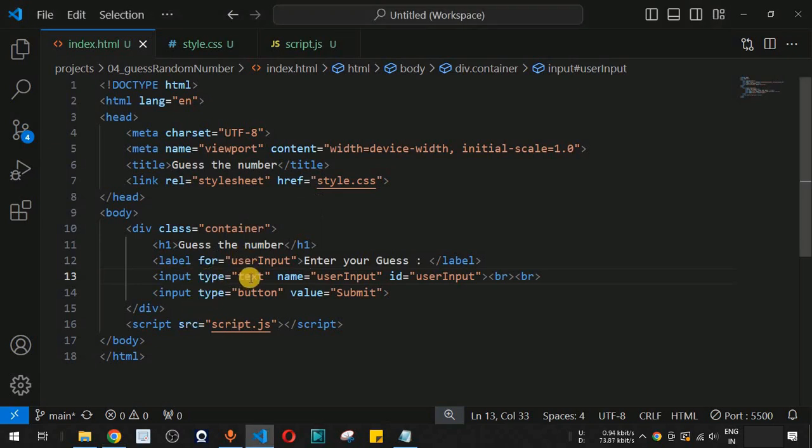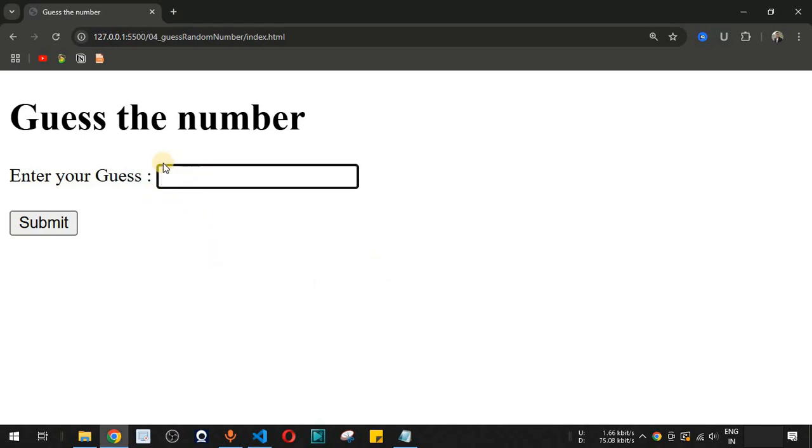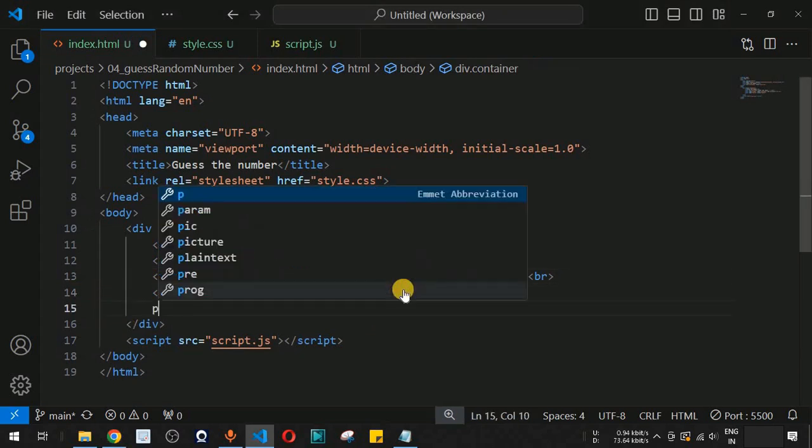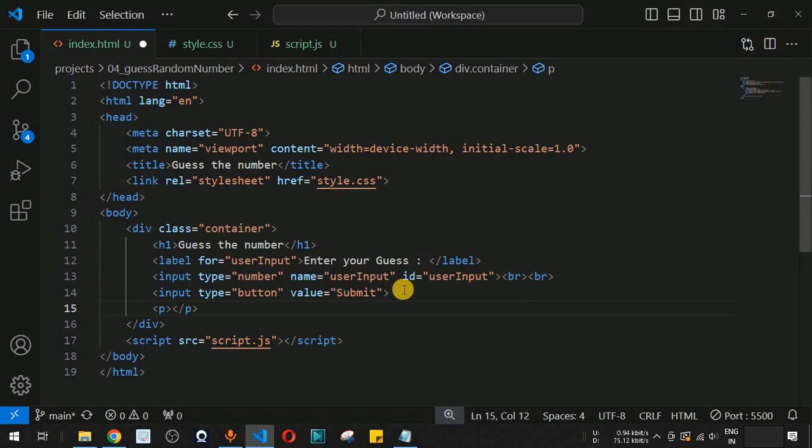So let me just change the type of this input to number over here, so that the user is allowed to only provide the numbers inside this text box over here. Now guys, when we click on submit, basically we want the hint to be provided to the user, and in case the number guessed by the user is correct, then we also want to show the result over here. So guys, simply we will provide another paragraph tag in this case, and then we will say result